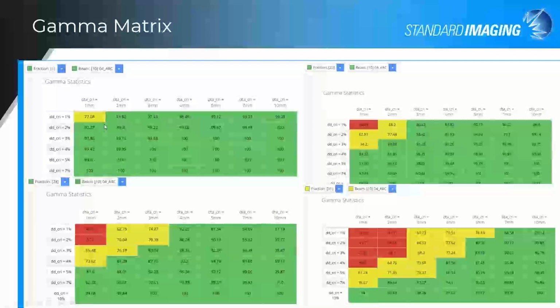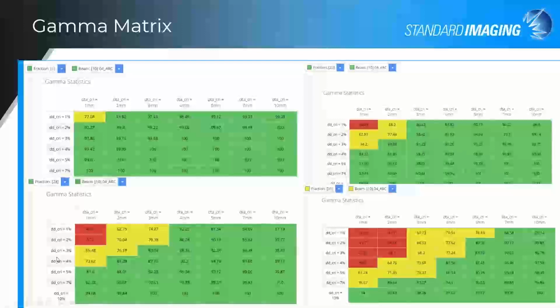So you can actually just visually, without even really looking at the numbers, get an idea of how your treatment is progressing on a per beam basis. And you can see that by 31, this has actually deteriorated quite a bit, which then would lead to an investigation. But if you were going to reestablish some of your criteria, say at fraction 25, at 3%, 3 millimeters, you're down to